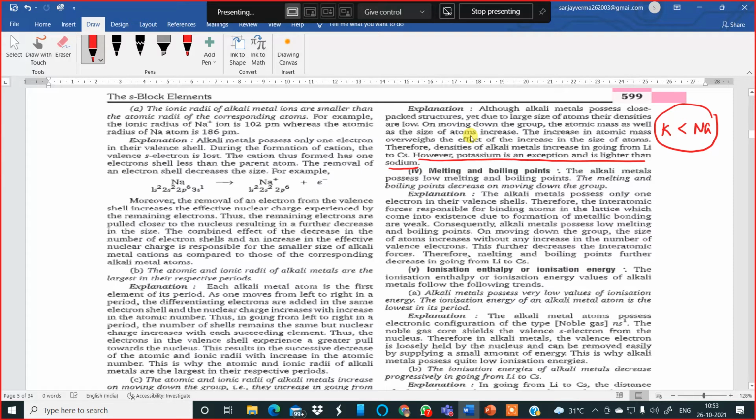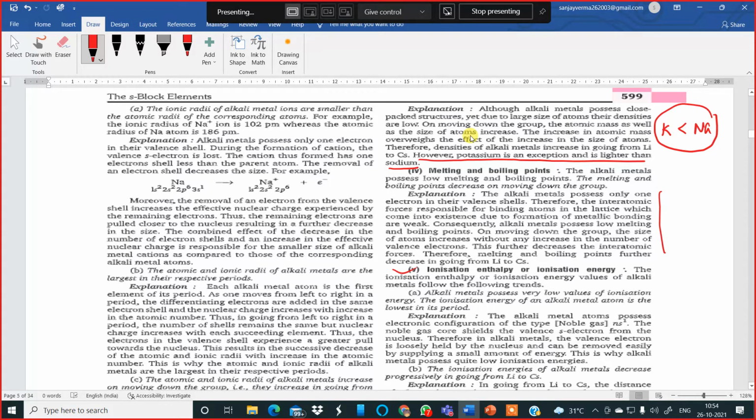Then melting and boiling points. The alkali metals possess low melting and boiling points because they are metallic. The melting and boiling points decrease on moving down the group, because density is of course increasing. The explanation is here, you can go through it. Then number 5,